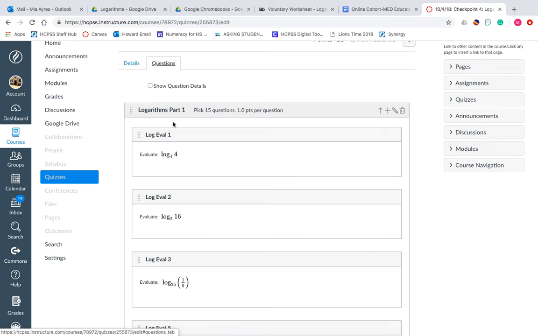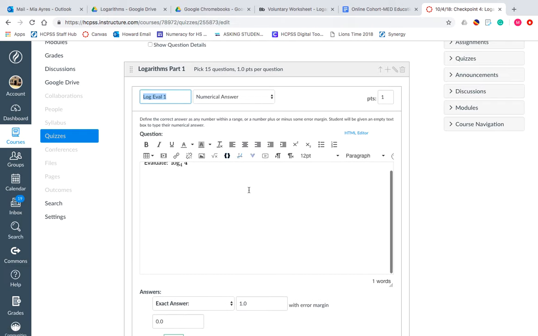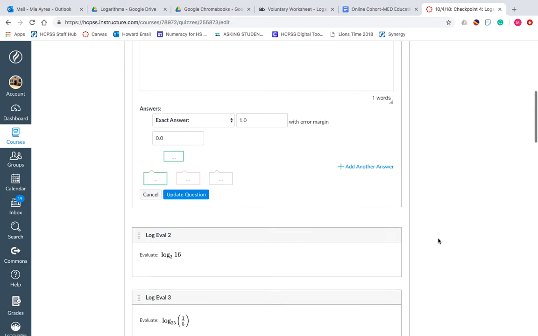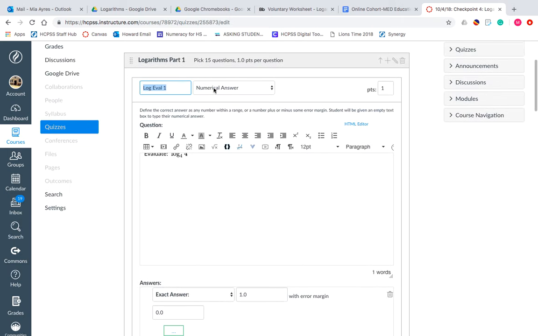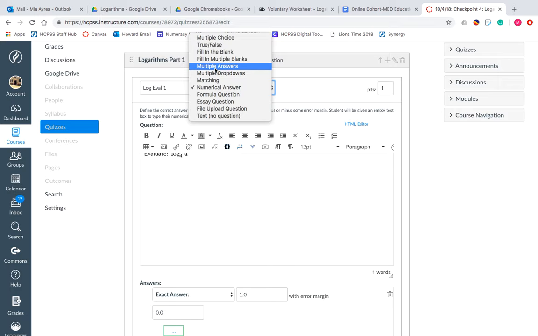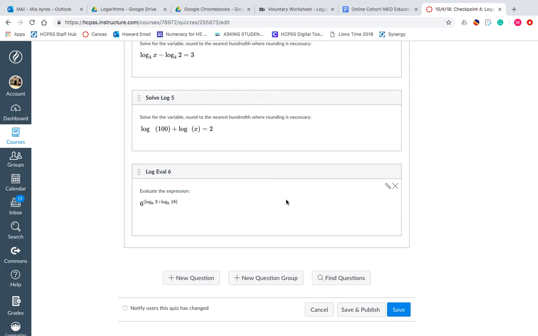questions. Okay, so here is where your questions are, and you can look at each question separately and change the way it's written. Okay. So here is the answers, but you can also change it to be multiple choice, fill in the blank, essay question, file upload, and you'll want to go through and make sure every question is written exactly the way you want. Once you think it's ready to go, you press save and publish, and you give it to